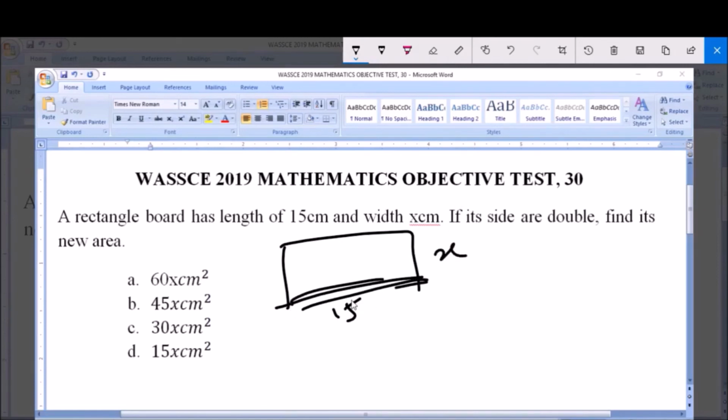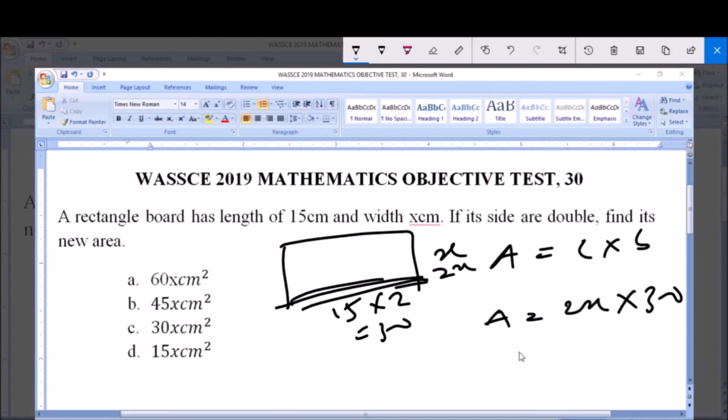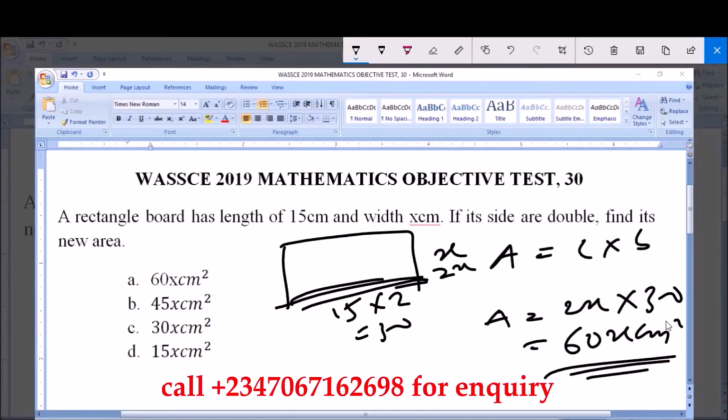Now the formula for finding area of a rectangle is length times breadth. So if they are doubled, this one becomes 15 times 2, which is 30. This one becomes x times 2, which is 2x. So the area becomes 2x multiplied by 30, which gives you 60x centimeter squared. Now the answer to this question is 60x centimeter squared. It's direct and easy. So the answer is option A,